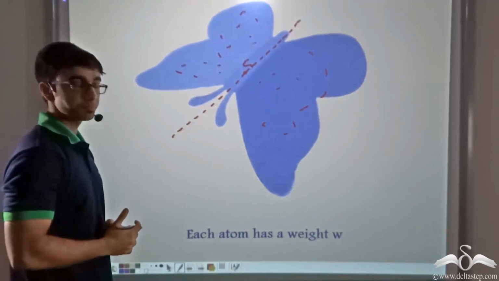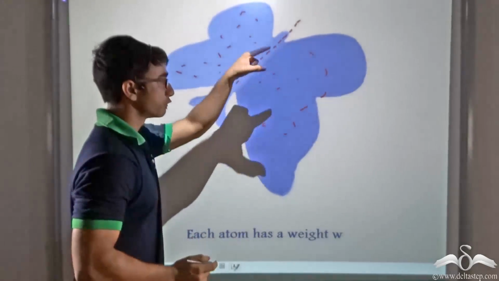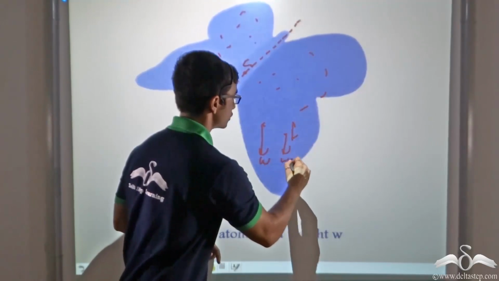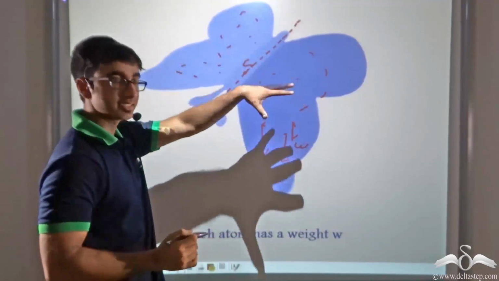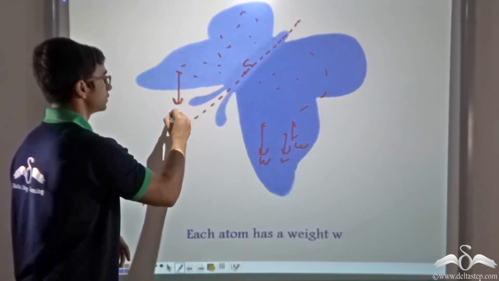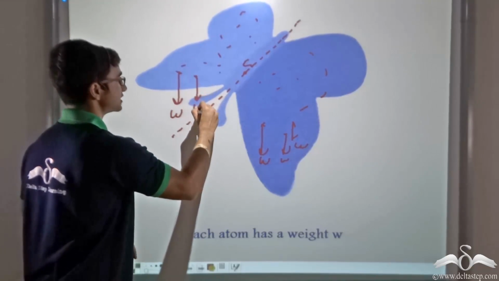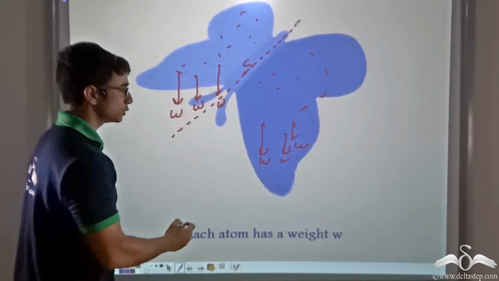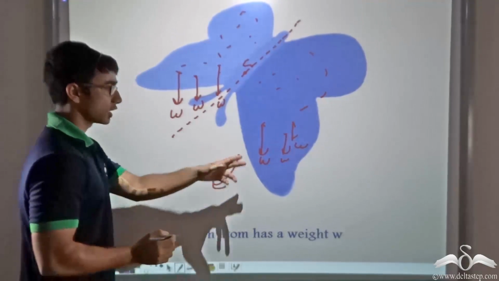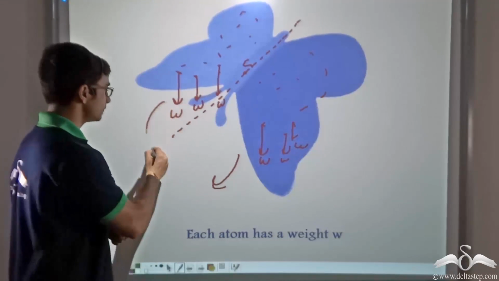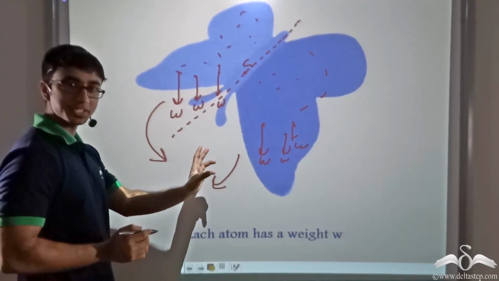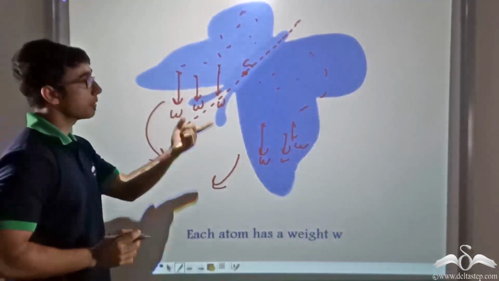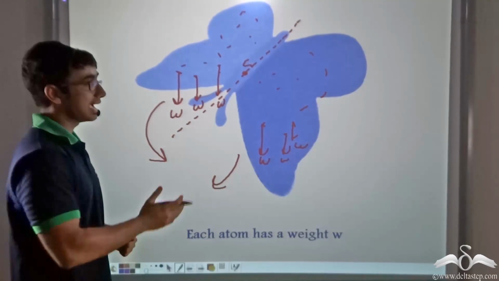So what will this mean? This will mean that the total force exerted on the right hand side will be equal to the total force exerted on the left hand side, or in other words, the clockwise moment will be equal to the anti-clockwise moment. So we find that at point G we will be able to balance the paper butterfly,